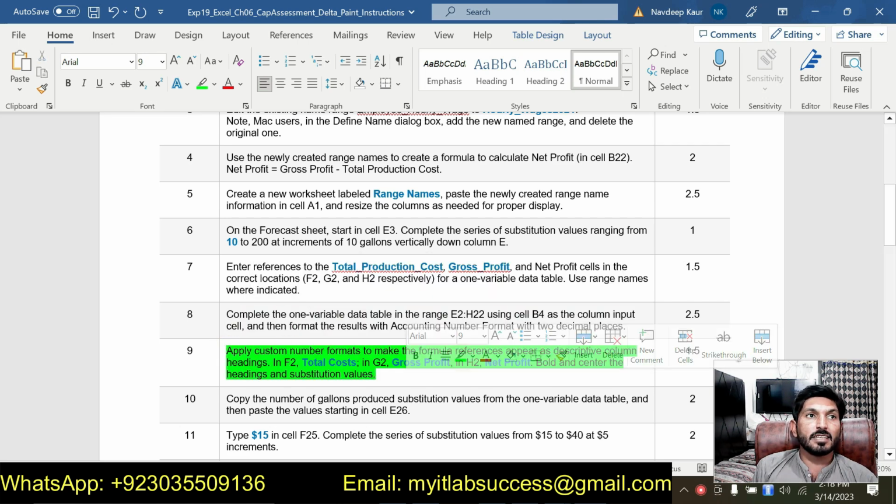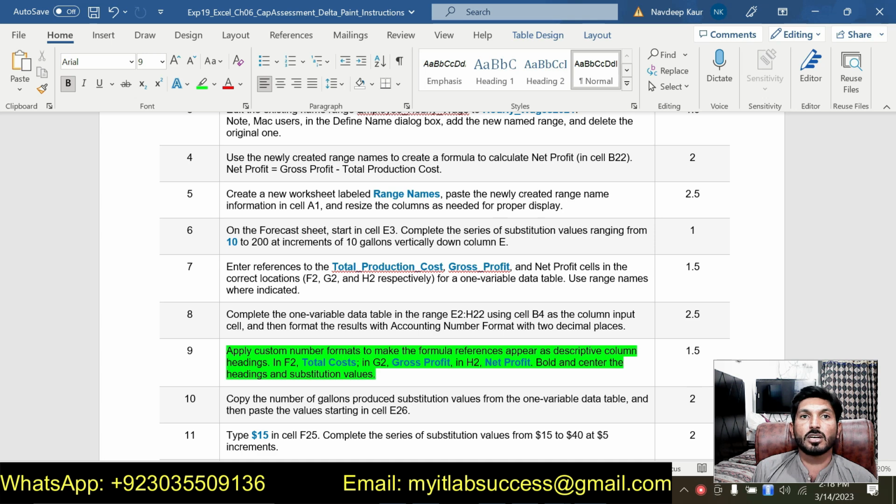Step number 9 is saying to apply custom number format to make the formula reference appear as the descriptive column heading. In F2, it should display total cost. In G2, it should display gross profit. In cell H2, it should display net profit. Bold and center the heading and substitution values. So F2 should be the total cost. We will simply copy this,